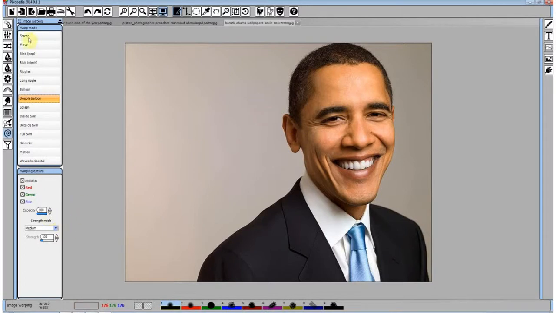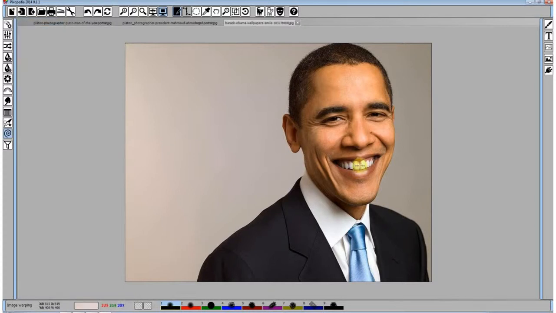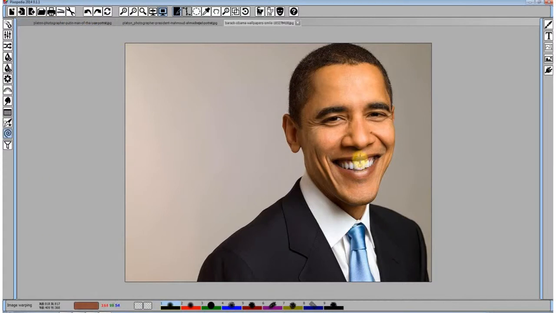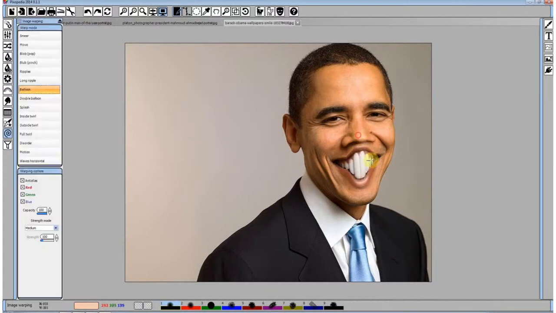And the last one, now it again depends on your imagination, is Mr. Obama. First what we see here, we will go up and make some kind of beaver teeth, because this image just calls for it.